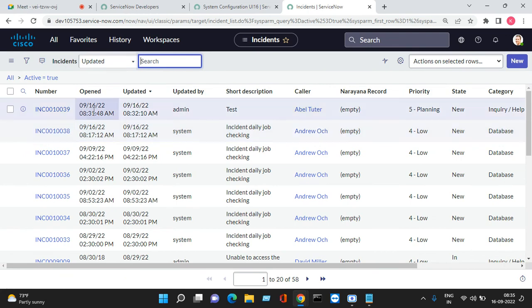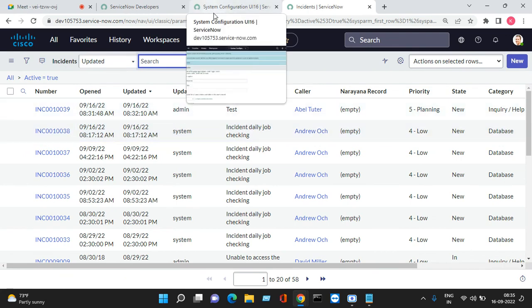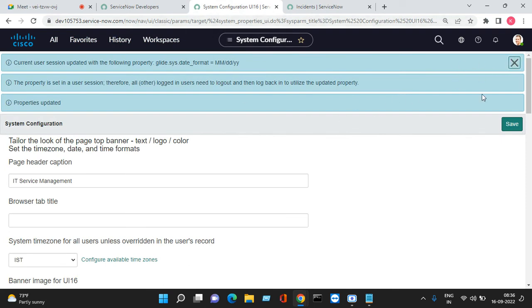See, the format has been changed. That's right. This is the date format, and this is how we can configure the same. And the next step,